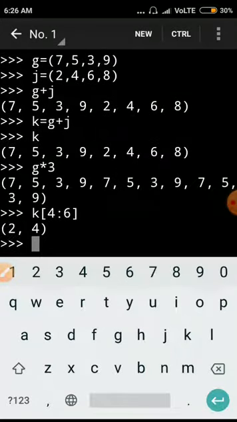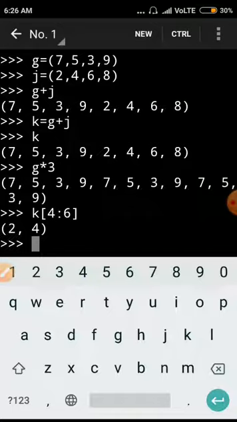Starting position as well as ending position: 2 is at starting position 0 1 2 3 and 4, so it will start from this, and in place of 5 I write 6 because it takes the values up to the element before the ending position. So it will write the elements 2 and 4 from the given tuple.